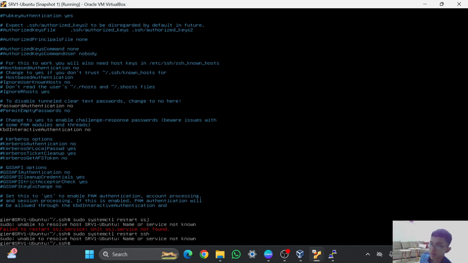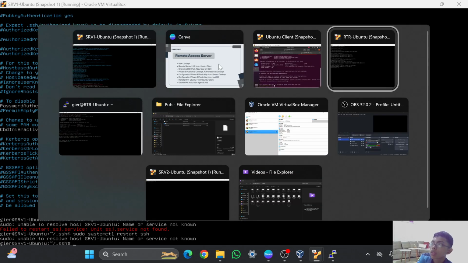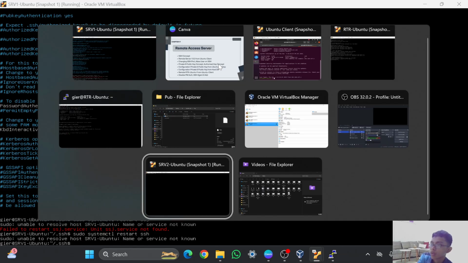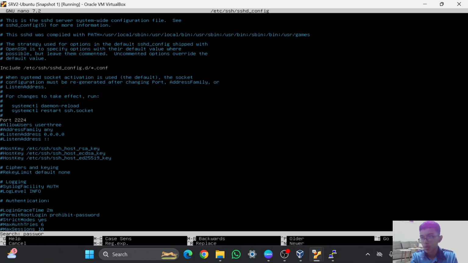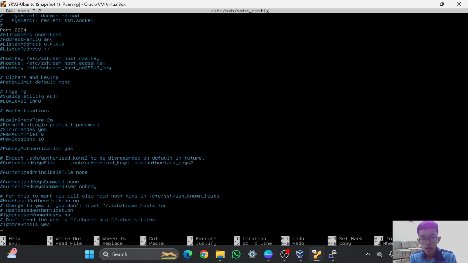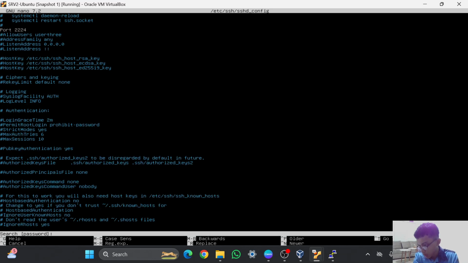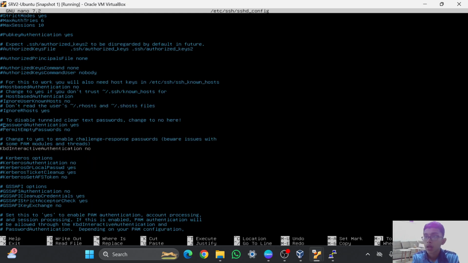And right now I've successfully disabled the password authentication, and I will also set it in server 2, which is just like before, which is sudo nano /etc/ssh/sshd_config, and then the password authentication is this one, and we can find it. Wait guys, Ctrl W, I forgot. There it is.